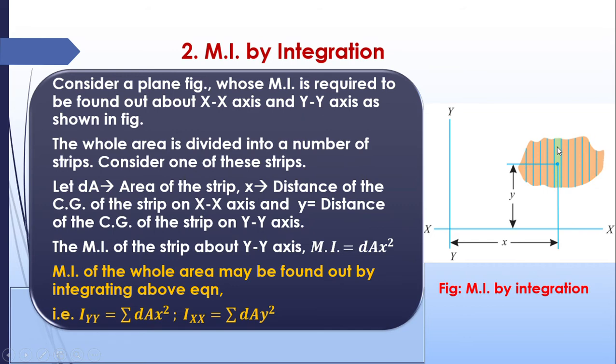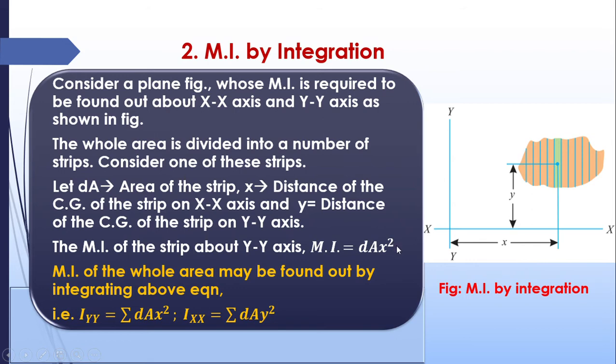This green colored portion is taken, and that portion has an area of dA, that is the area of the strip, and x is the distance from the y reference axis, y is the distance from the x reference axis. So x and y come to be the center of this particular element. Okay, now moment of inertia about y axis will be equal